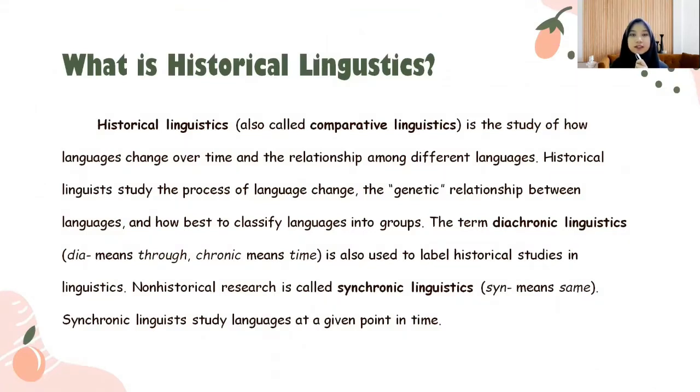Historical linguistics, also called comparative linguistics, is the study of how languages change over time and the relationship among different languages. Historical linguists study the process of language change, the genetic relationship between languages, and how best to classify languages into groups. The term diachronic linguistics, dia means through, chronic means time, is also used to label historical studies in